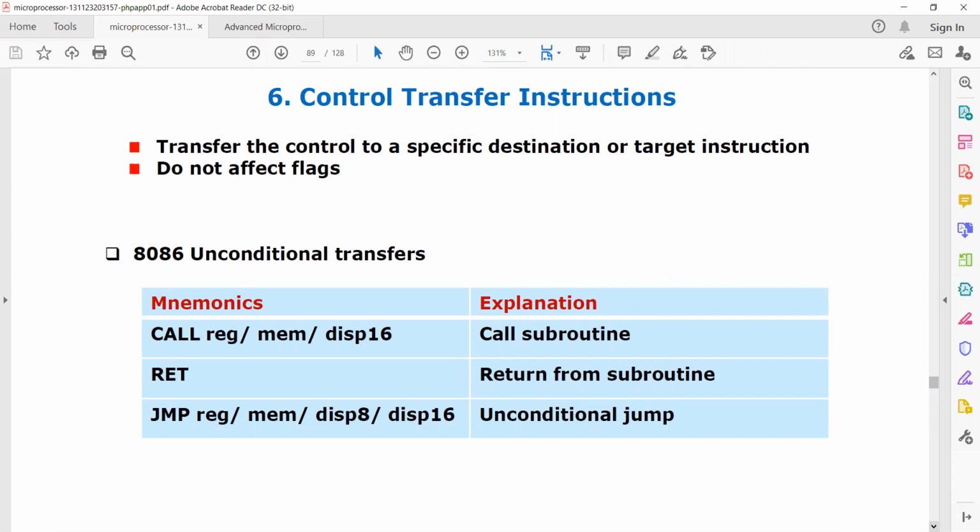So what do you mean by control transfer instruction? Suppose we have some lines of code. We'll have some hundreds of lines of code. Let us say 1, 2, 3, 4, and similarly, let us say this is 10.